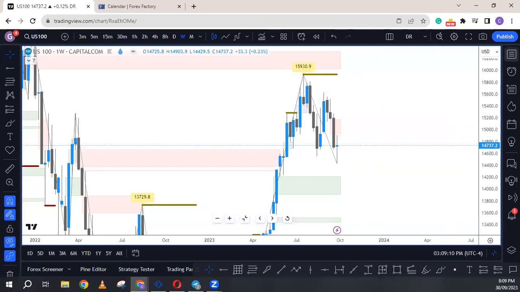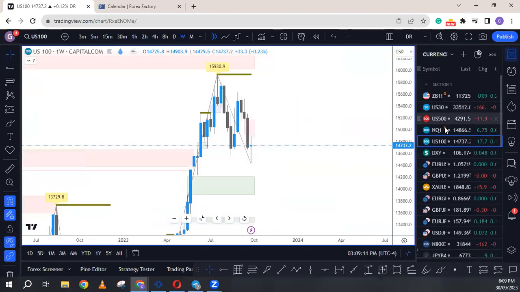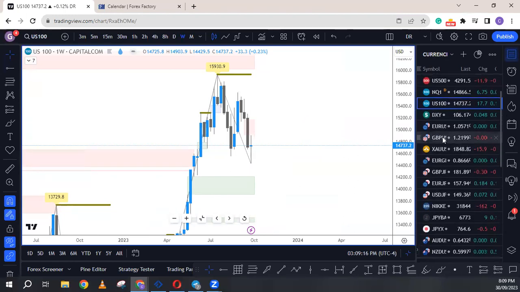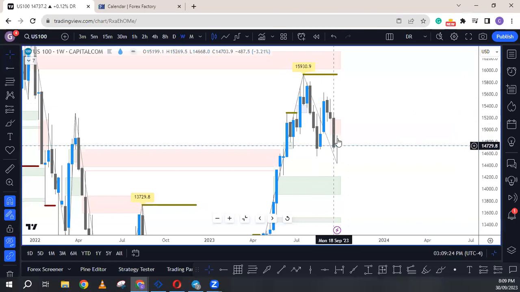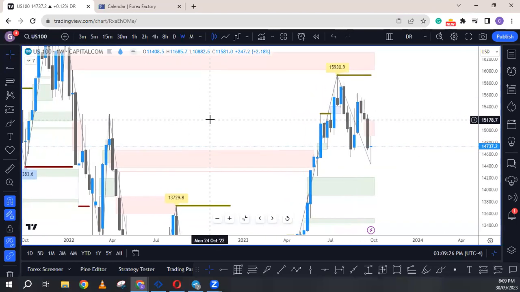So without taking so much of our time, let's get down to our pairs. As always, we're going to start with the US 100, DXY, the Euro USD, GBPUSD, Gold, Euro GBP, Pound Yen, Euro Yen, and that will be it. So we're going to start off with the US 100. Looking at the US 100,